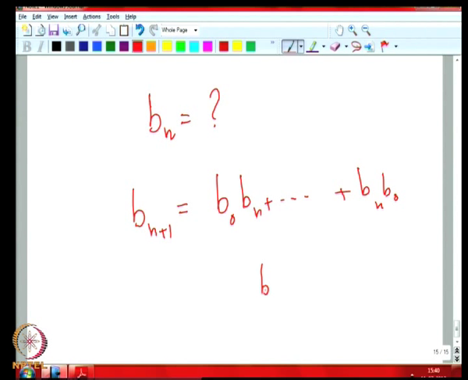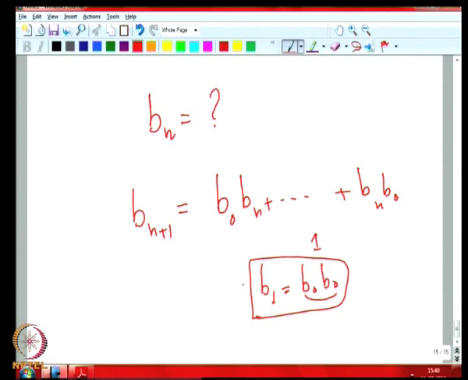Because B1 is equal to B0 into B0 when I put n equal to 0. This is correct because this is 1, and it is just like putting one root and saying that there is an empty tree here, empty tree here. So, total number of trees is 1 into 1. Therefore, this is correct.